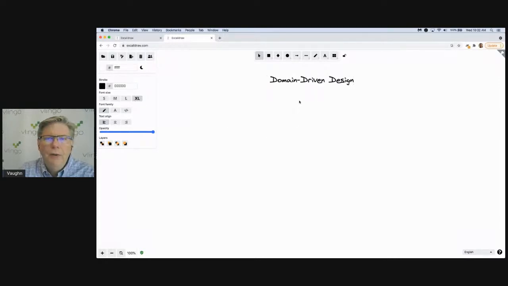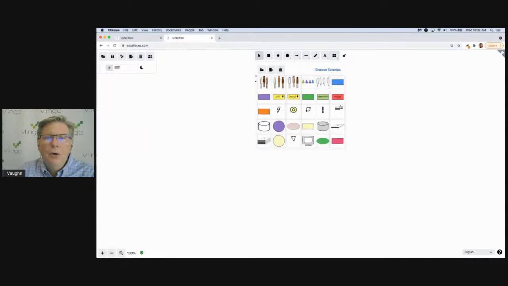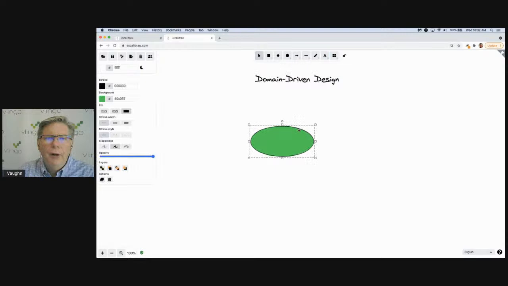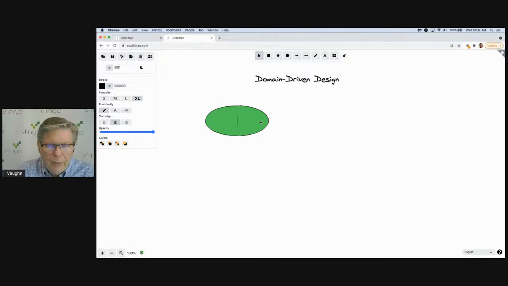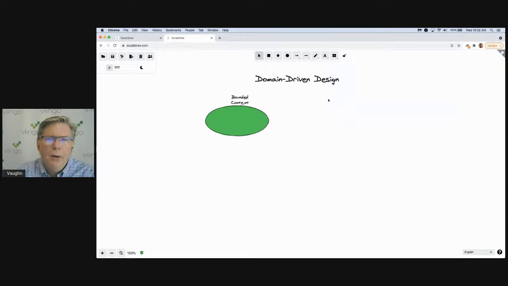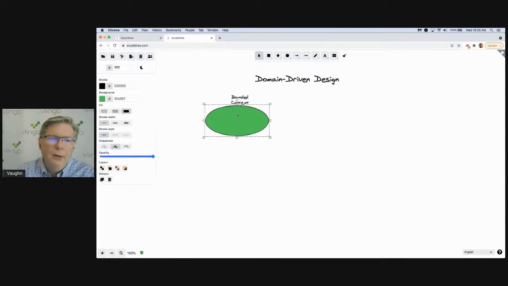So domain-driven design uses as a very fundamental part what is called the bounded context. And the bounded context is a place where a model has relevance, where it has meaning, and that is because inside the bounded context,